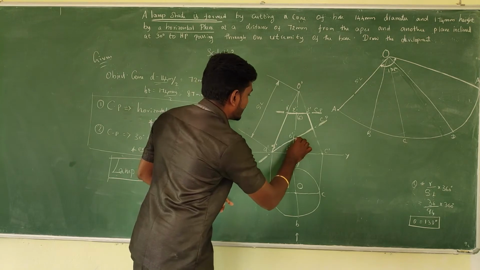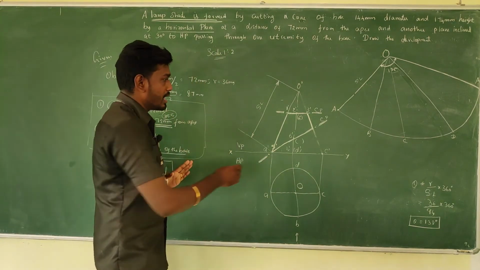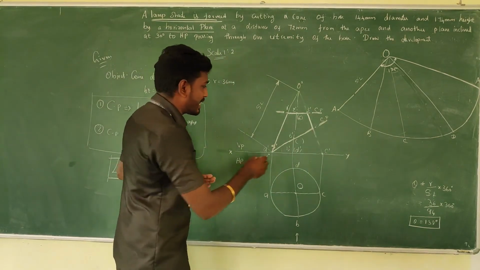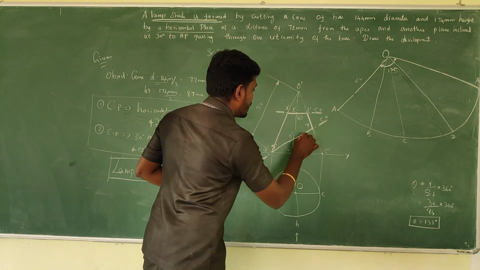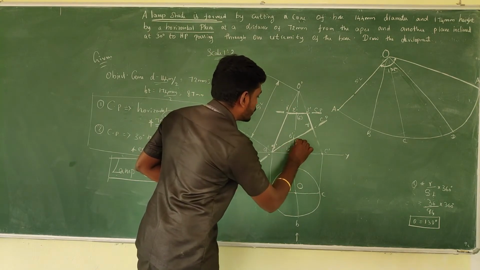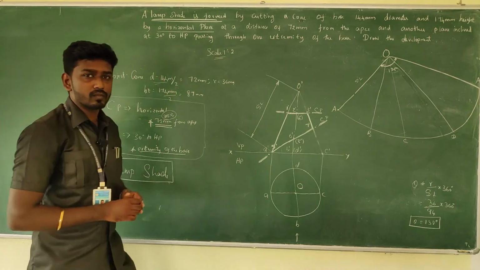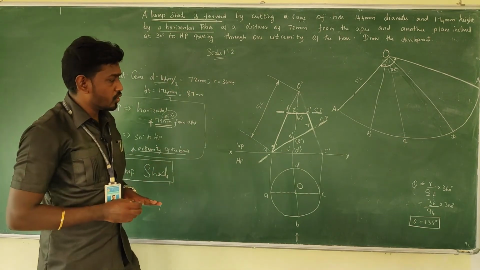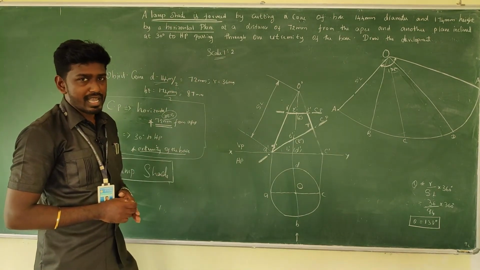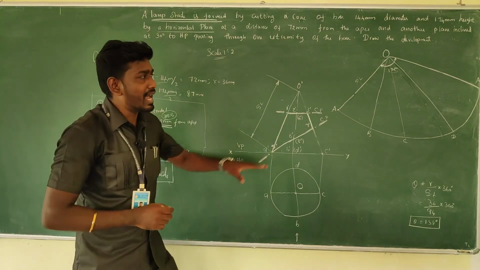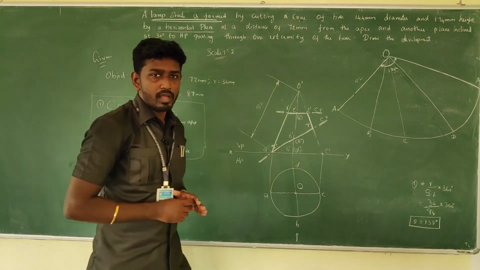For that I'm going to take 6 dash, invisible bracket. Next, here only one generator line, 7 dash I'm going to give, and coming to reverse in order to specify 8 dash. Okay, so this is how we need to give the names for the cutting points. Afterwards just take the measurement and transfer it to the stretch out.